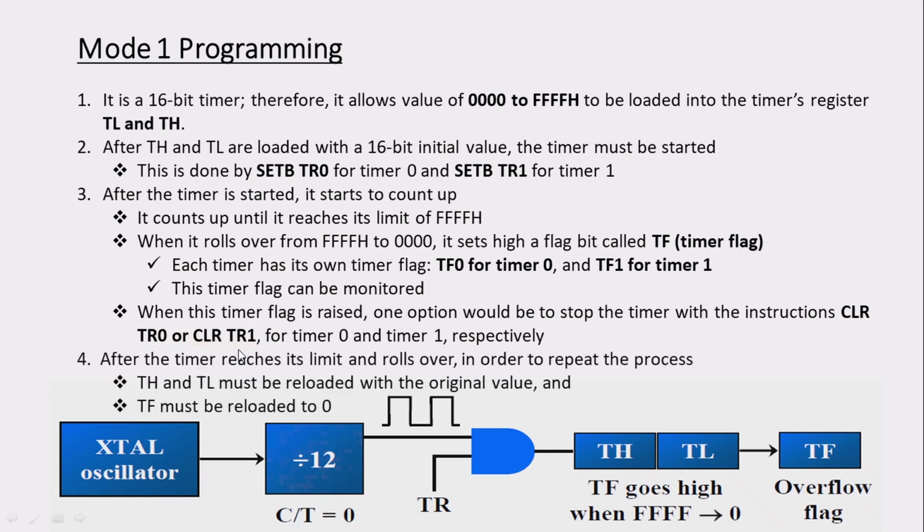Okay, so after that, what we should do, we should roll back to the process in order to load the timer values again. So basically what we are doing, first load the values into TL and then TH, and then start off the timer, and once it starts counting, you have to check for what? We have to check for the timer flag. If there is a rise in the timer flag, then stop the timer by using clear TR0 or clear TR1, and then again we need to roll back to what? We need to roll back to loading of the TH and then TL values.